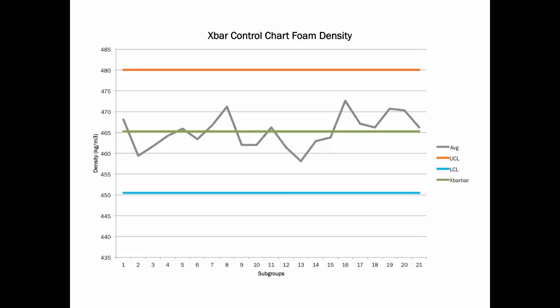So it's very tempting to say, well, if I look at a control chart, I can tell whether or not my product is meeting the customer's requirements. That is not the case. An upper and lower control limit in a control chart, while they may tell me where I can predict that the process will be, assuming the process is in control, and that's an important and very critical assumption, while they may tell me where I can predict the process will be, they have absolutely no relationship to the customer's specifications